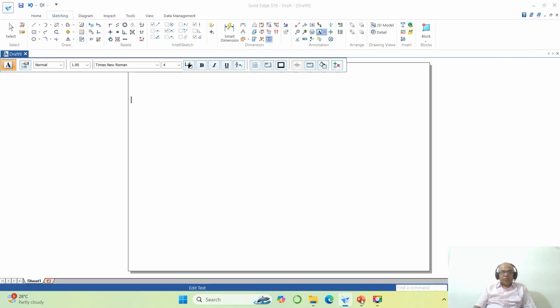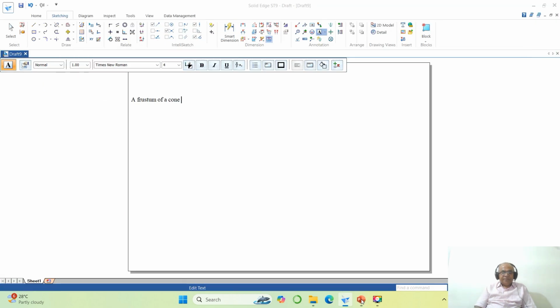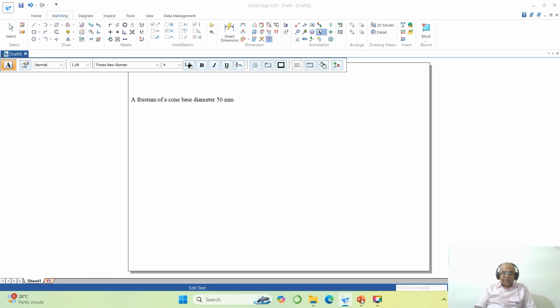A frustum of a cone, base diameter 50 mm, top diameter 25 mm, and height 50 mm is placed